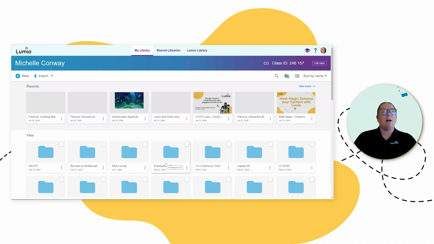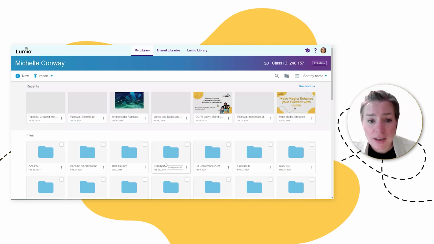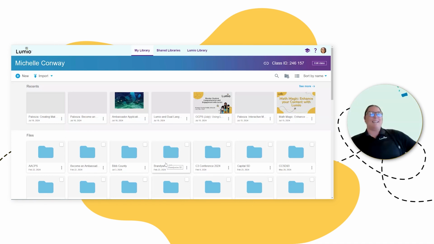So I'll wait here, just give everyone a second to get into their Lumio on the teacher side. So logging in. If you have any issues, Holly, go ahead. Yeah, I was just going to say that Carla specifically would love for you to show us the rank order. Yes, yes, yes. I will for sure be showing the rank order because, like I said, that is the good spot for our new users to start.